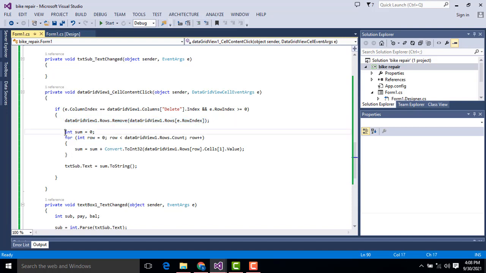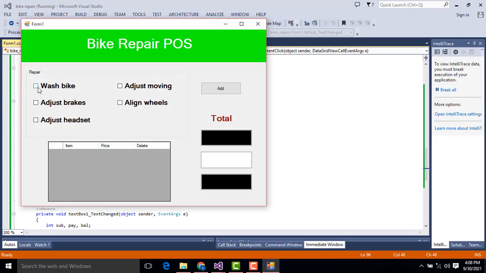After deleting, what I have to do here is calculate the following cell amounts. After deleting the row, the rest of the column amounts will be calculated and the total sub displayed. That's the stuff you have to do. If you click the delete button, the rest of the prices available in this column will be totaled. If you delete this one, the rest will be totaled. If you delete the last one, there is no rest, so it comes as 0.